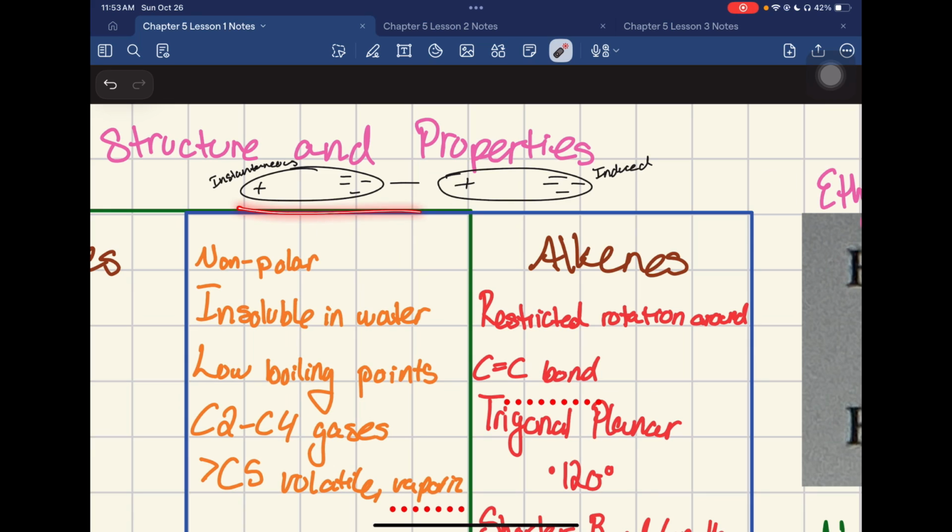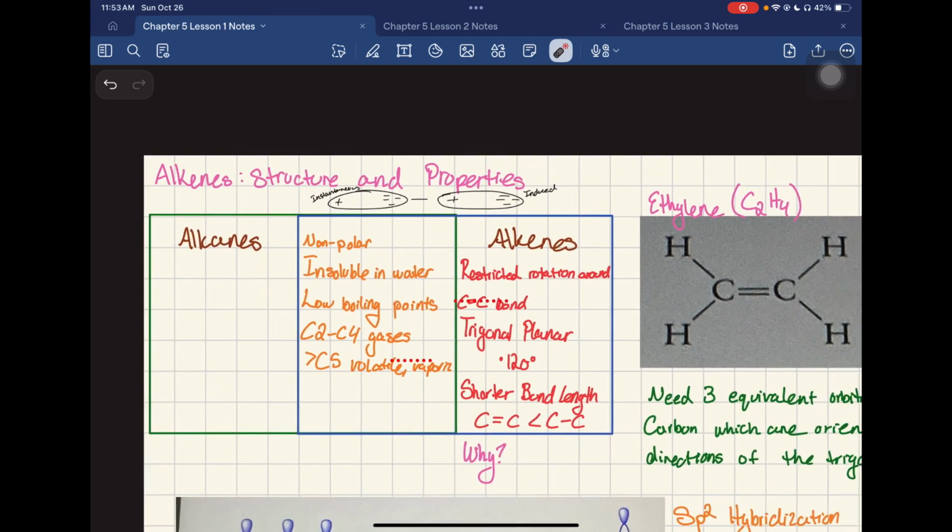So an instantaneous dipole is going to cause that induced dipole. And the reason London dispersion forces have low boiling points and are so much weaker is because, again, they are induced. They're not going to have that dipole moment forever, which is what causes it to be a weaker type of